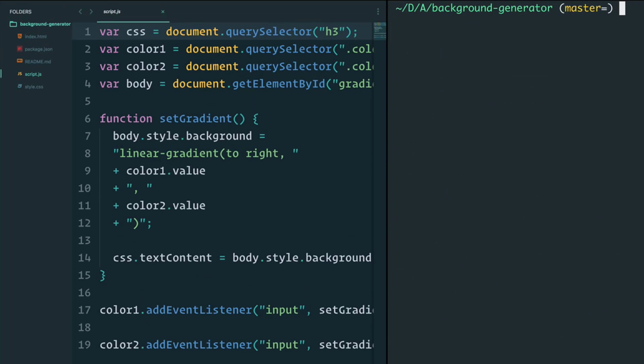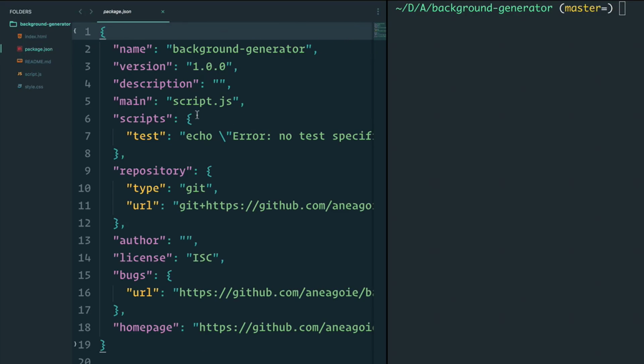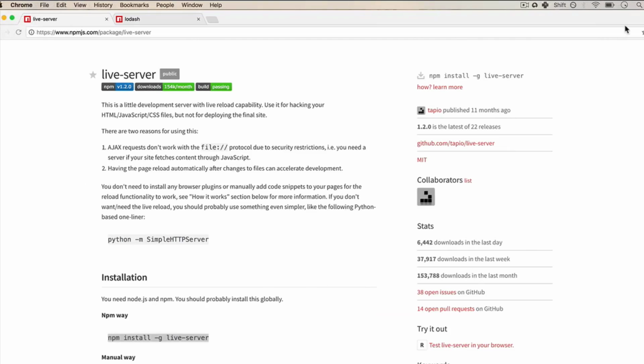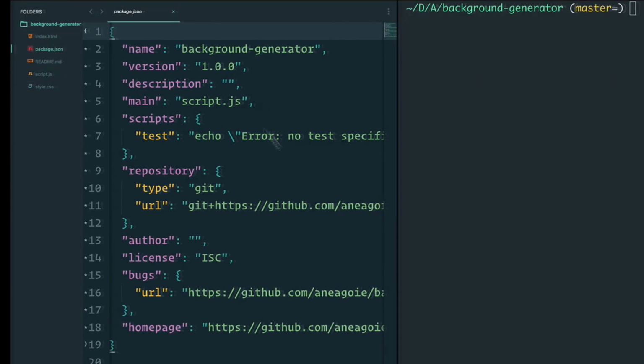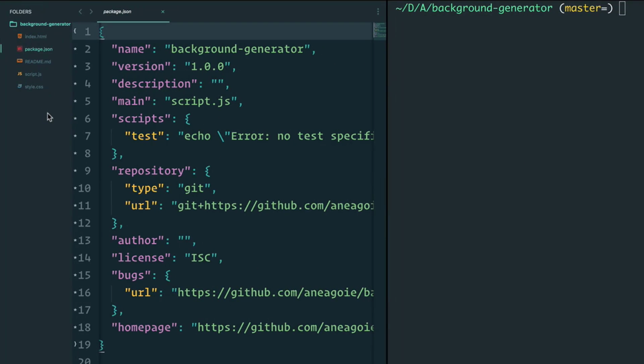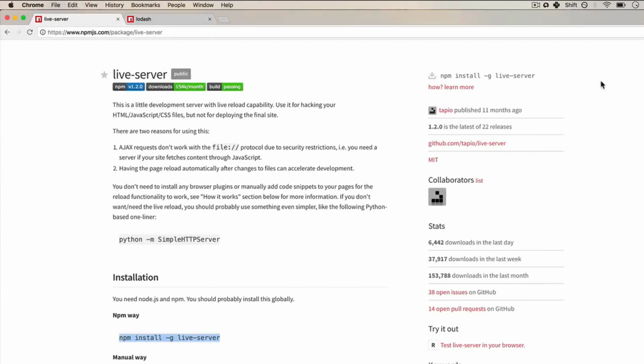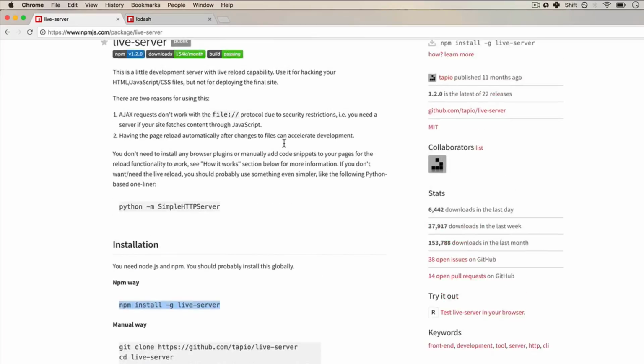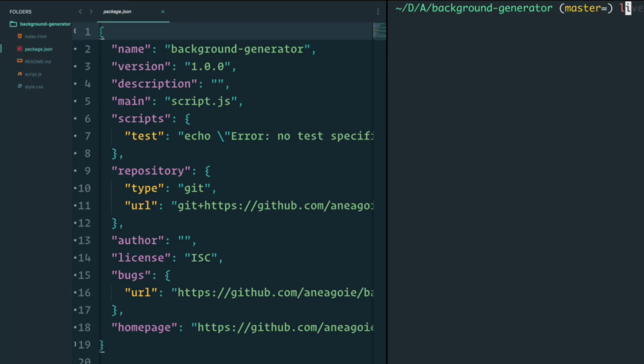Okay, so if I look at my package.json file, well, nothing has changed. And nothing should, because we installed the package globally. It now lives on our computer, but not inside of our folder, as I mentioned. But we have a cool ability now. We can run a command. With LiveServer, you can actually read through the documentation here. But what it allows us to do is if I type in LiveServer while I'm in the background generator folder,